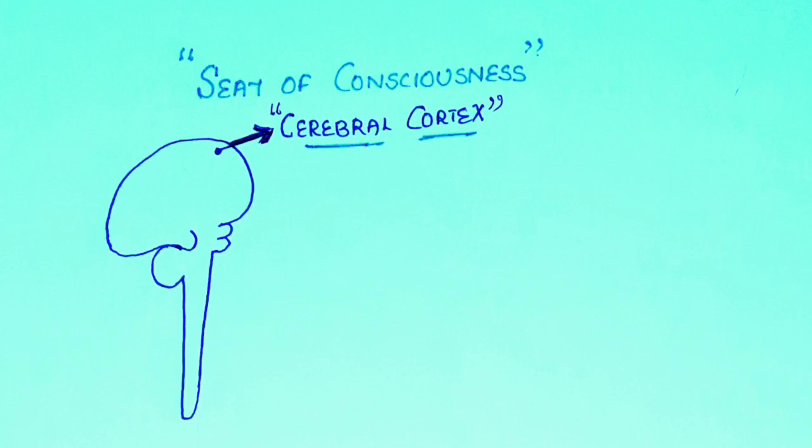Which part of central nervous system is concerned with consciousness? The cerebral cortex. The input is going to central nervous system, and if it reaches the cerebral cortex, we will appreciate that in a conscious way, and if it doesn't reach, we cannot appreciate that in a conscious way. Examples are sensation of pain goes to conscious level, and sensation of blood pressure and digestion doesn't go to conscious level as before. Therefore, seat of consciousness is cerebral cortex.